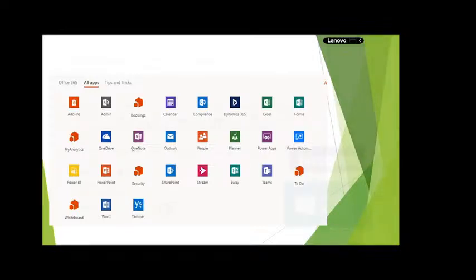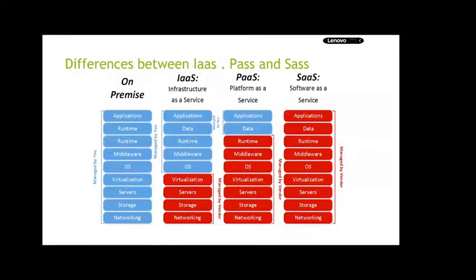Okay, so this one slide is enough to differentiate between on-premises and cloud. Have a look. This is the on-premises. These are cloud computing. Now tell me, in on-premises, to perform all these things: networking, storage, operating system installation and configuration, middleware, runtime, application. To perform all these things, we required one thing. What was that? Any idea? Just now I said. To maintain all these components, yeah, we required our own DC, data center.